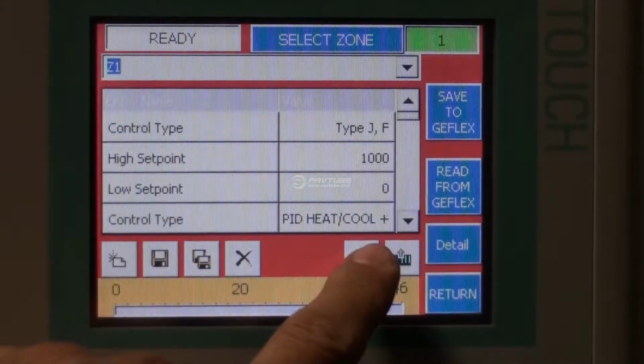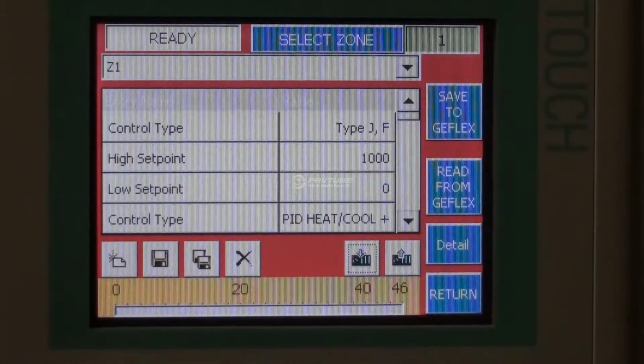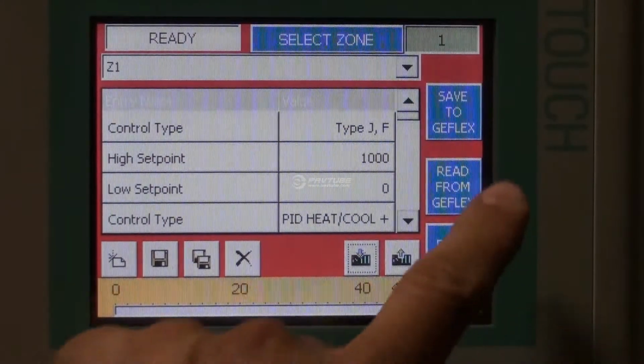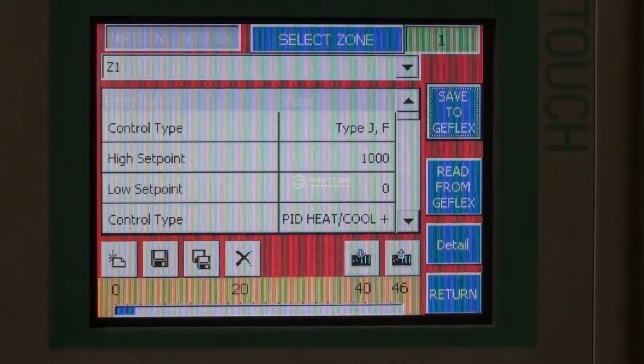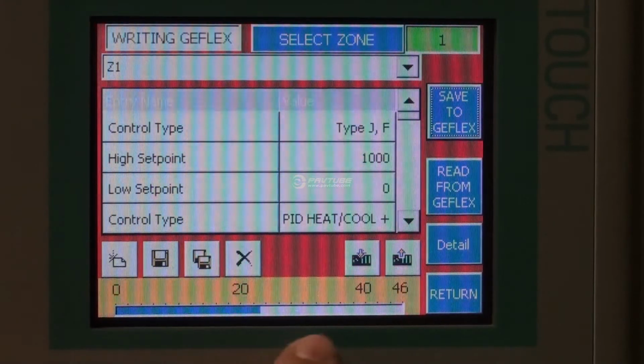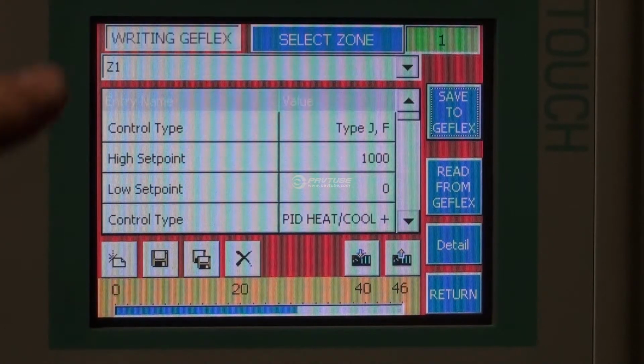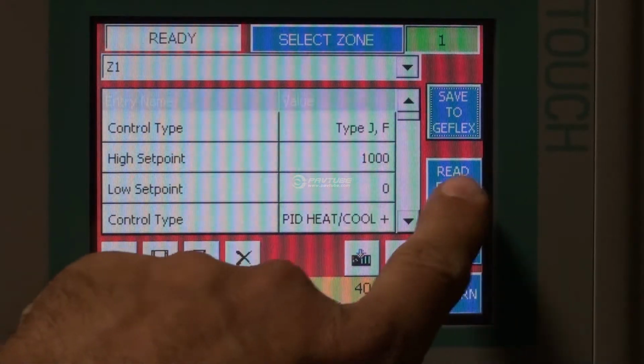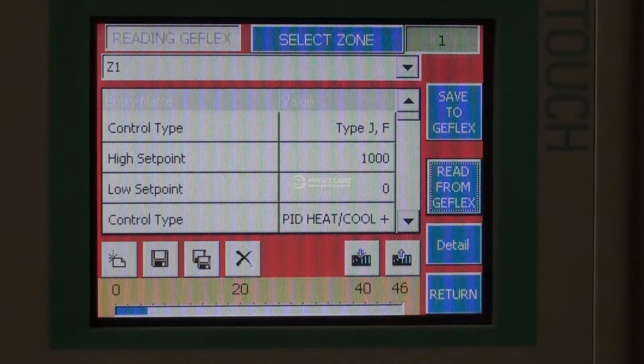And what we do is we save it to the PLC. So it's in the PLC's working space. And now we save it to the JetFlex, and that transfers all that data into the JetFlex. So it runs off the 46 parameters. You can see the progress bar at the bottom. It's giving you a message up top or right into JetFlex. And when it's done, it clears it, says you're ready. You can read it from the JetFlex. It'll go through the same parameter